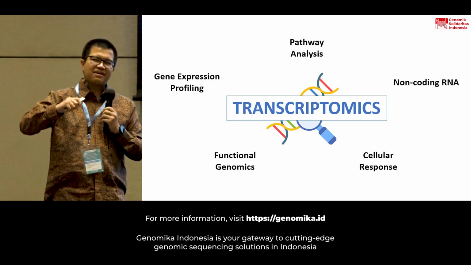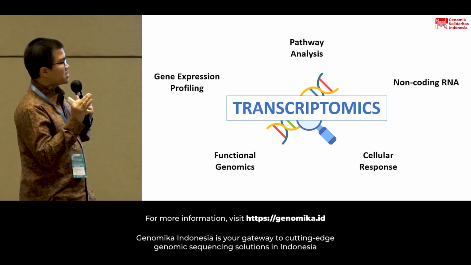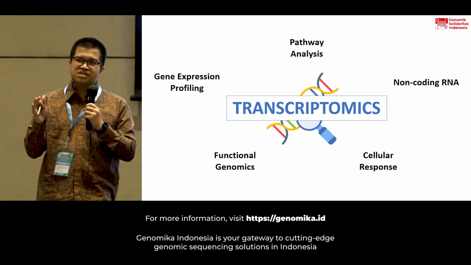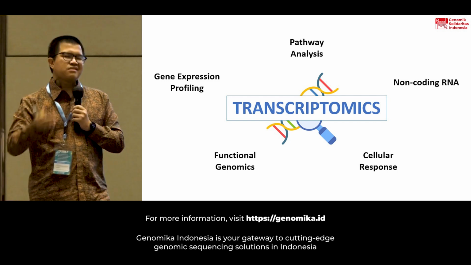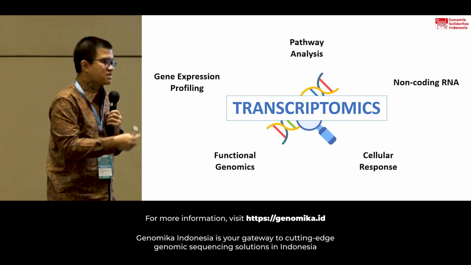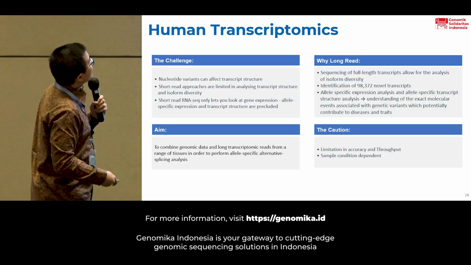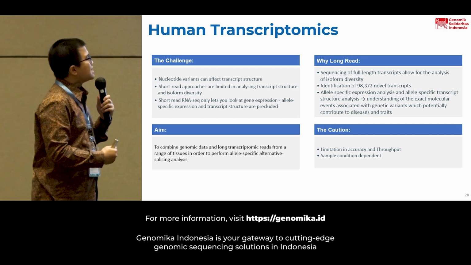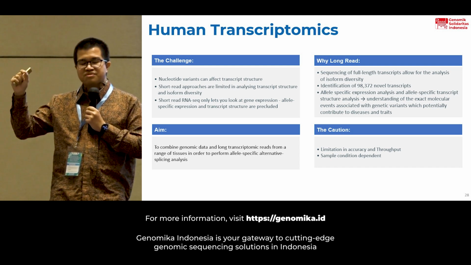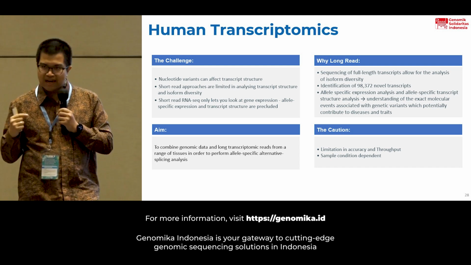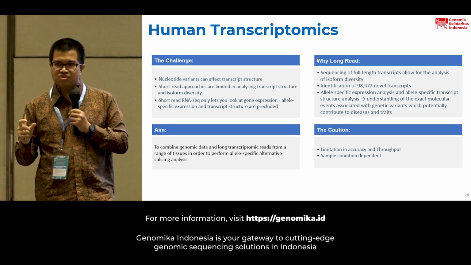Now, the downstream of that, or maybe upstream of it, again, depends on how you look at it, is the different ways that we can analyze transcripts. Because we want to know not just from the gene itself, but also the expression and the protein existence later on. There are several steps in the middle that I simplify, but I simply do not have the credits to talk about it today. And so in terms of transcriptomics, this is an interesting one because NGS transcriptomics, next generation sequencing for transcriptomics, allows for high throughput analysis on the many different mRNAs and RNAs that needs to be analyzed through a certain